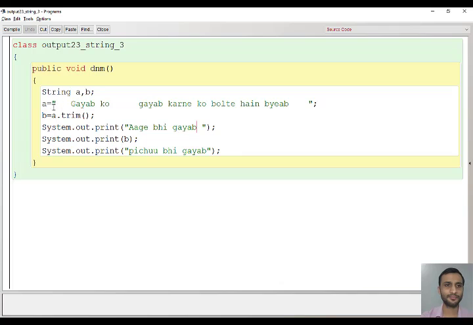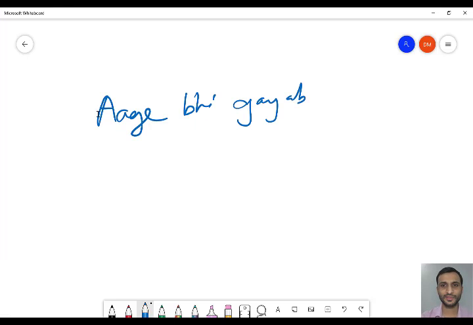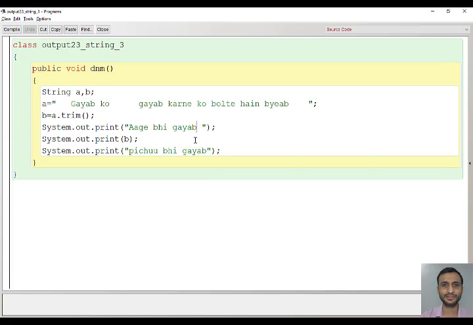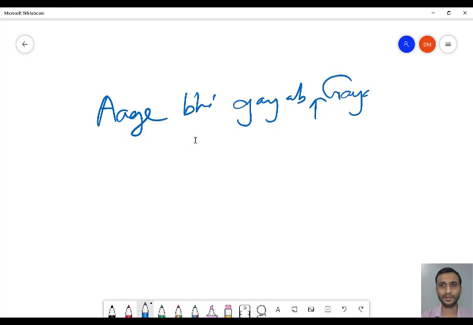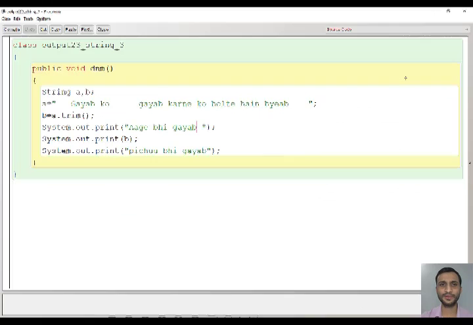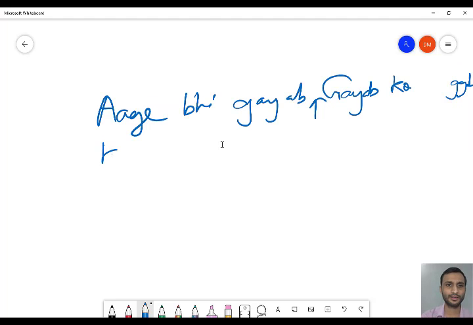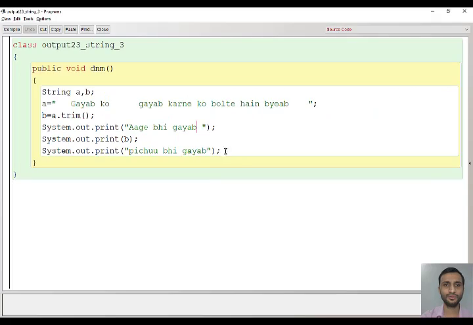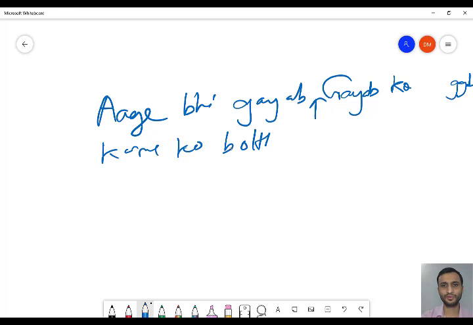Then B means the original sentence with the trim version, right? So why is this space coming? Because we printed a space here. गायब को गायब, there is a big space here. करने को बोलते हैं बायब.